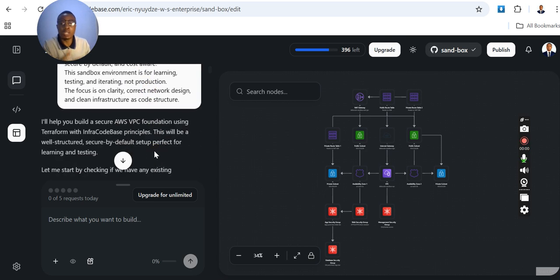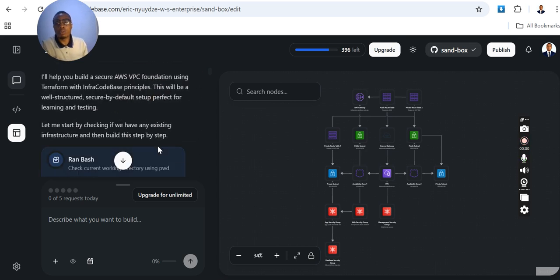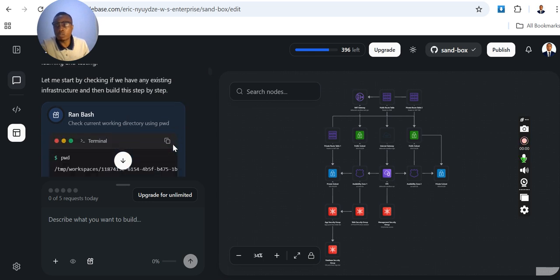Infrastructure provisioning. So when I give my prompt, Infracodebase is going to tell me what it's going to provision, right? It's going to give me all the steps, all the checkings, and all of that, right? And then the first check is if there is already an existing infrastructure, if there is any, before it can then proceed to provision, give you the setup and then deploy your infrastructure, right? So it does all of those checks,